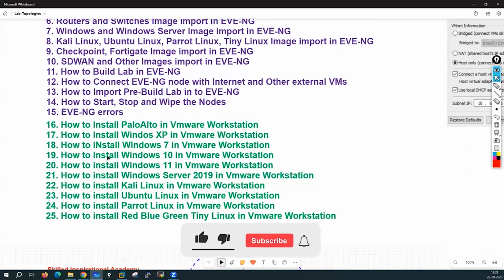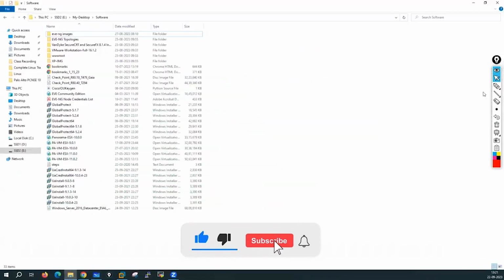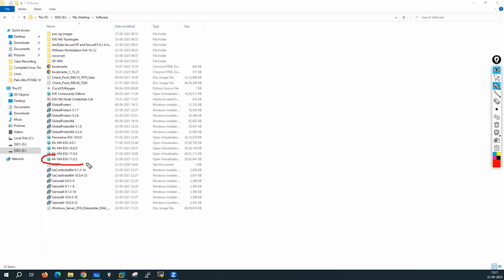Okay, so guys, I have already downloaded the Palo Alto image. So right now I will show you the installation of Palo Alto 11.0.2, but this installation is valid for Palo Alto 9, Palo Alto 10, right? And Palo Alto 11 and Palo Alto 11.0.2, because 11.0.2 is the latest version as of today, right? So what I will do,